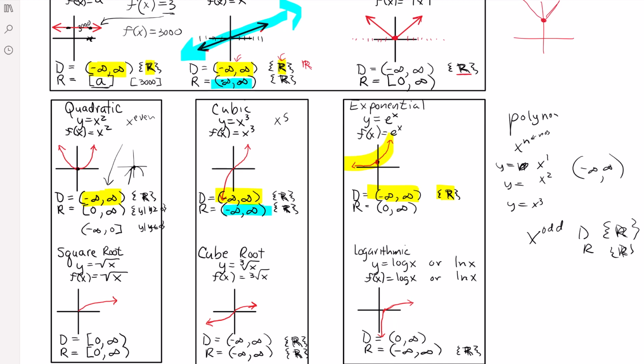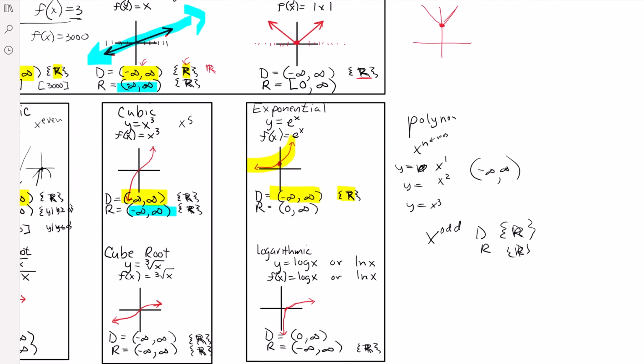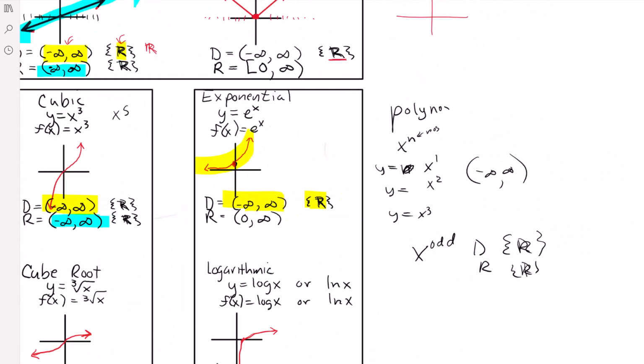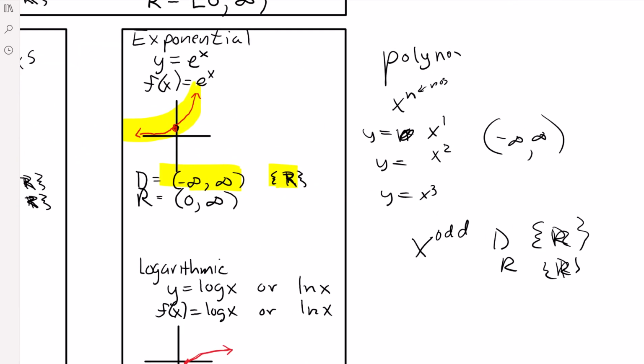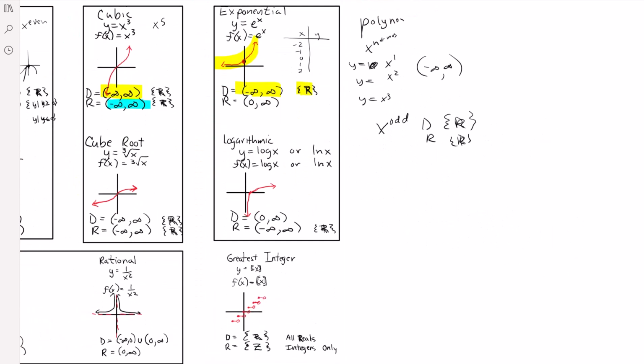The domain would still be negative infinity to positive infinity, but the range would be the y value of the vertex point. All right, so this is the parent graph of the exponential. And again, you could always put in the table of values, right? So since the domain can be either, you could put in these x values in the calculator to get your y values. If you needed to graph,